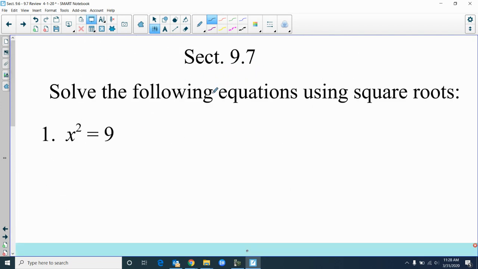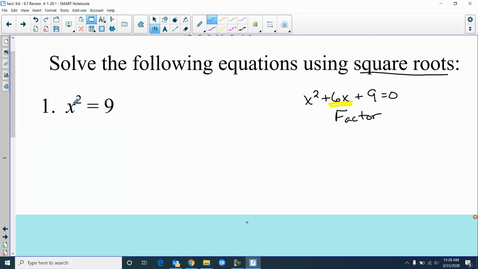All right, square roots. And I talked about in the small group on Tuesday a little bit that what makes a problem that you use square roots different from the one that you don't is there's no x term. So if you have x squared plus 6x plus 9, we're going to look to factor because we have that 6x right there. If it doesn't have an x term, we can square root, getting the x squared by itself. If you got it like this,